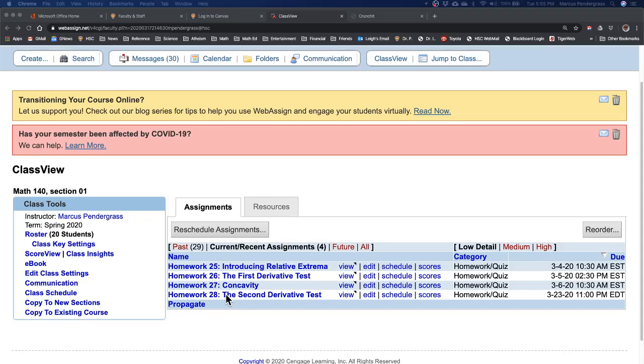And I did go ahead and make it due at 11 o'clock in the evening. After thinking about it again, making it due at 10:30 didn't make much sense since we're not meeting at 10:30 in the morning anymore. So homework 28 is due at 11, and if we just pop it open,